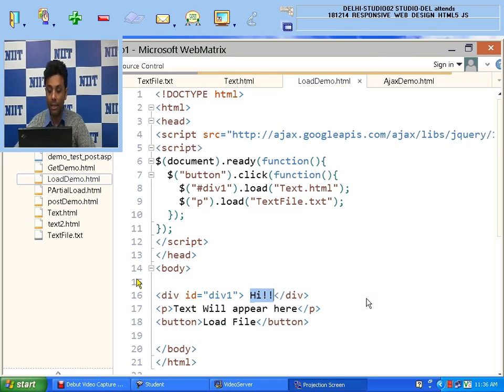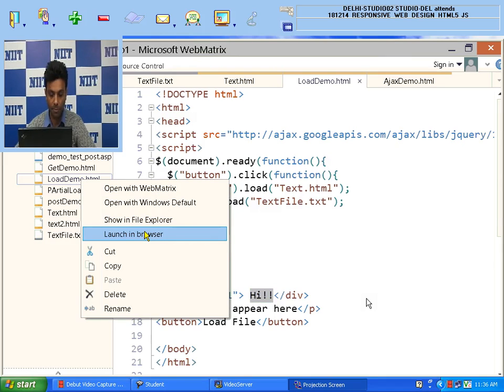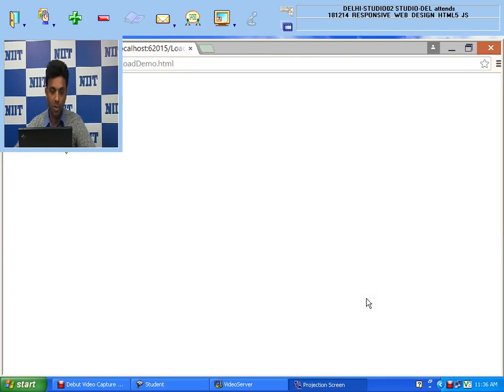Then I want to load textfile.txt, and I want to use it in a p tag. So this is the default text which is coming, and when I click this, you can see these two files are coming inside my web page.